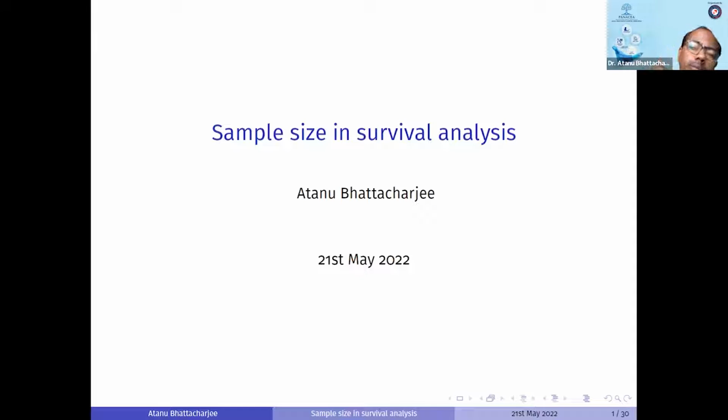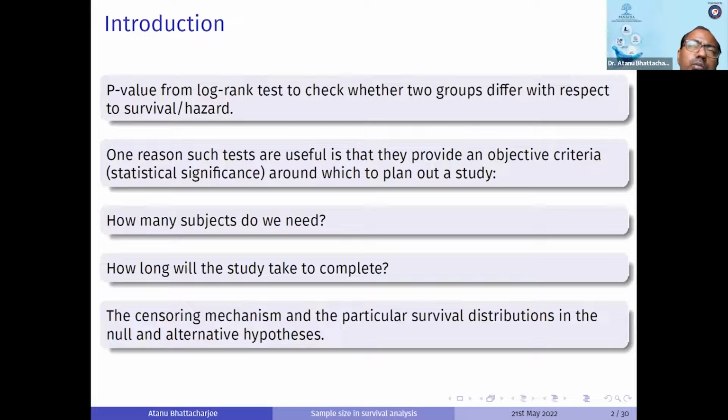That is the most important part, that I'm trying to make it over here. So the p-value from the log rank test is used to check whether two groups differ with respect to the survival hazard. The basic idea for conducting a phase 3 conclusive trial in the context of survival is that you calculate the p-value and anticipate that it is going to be significant in terms of the comparison between two groups' median duration of survival,